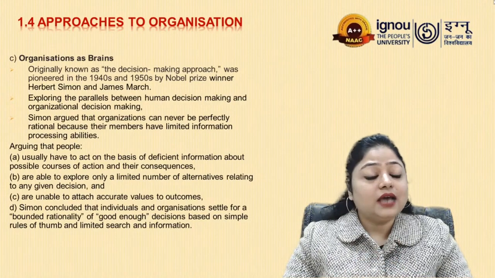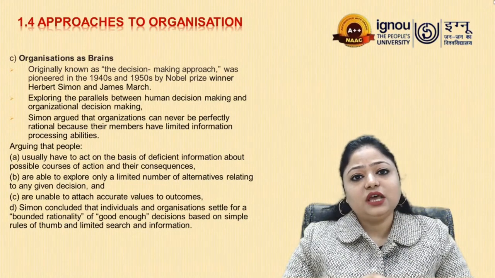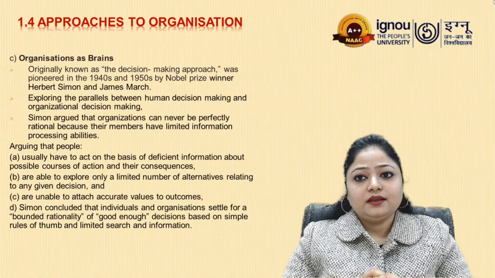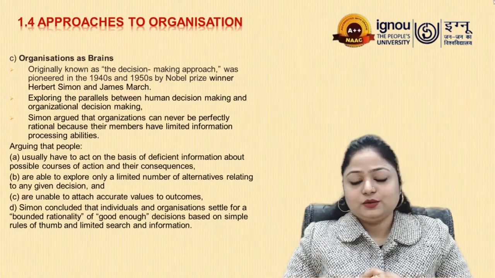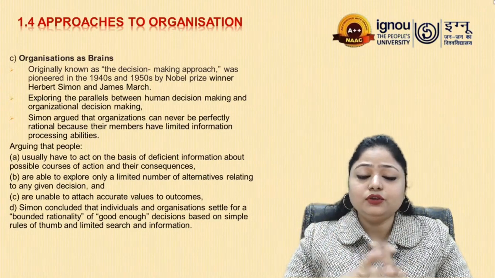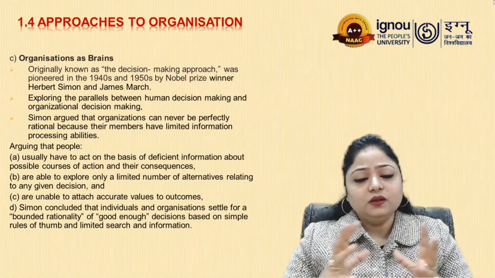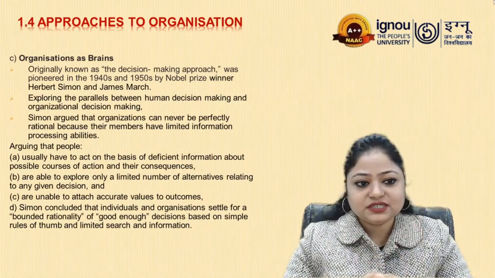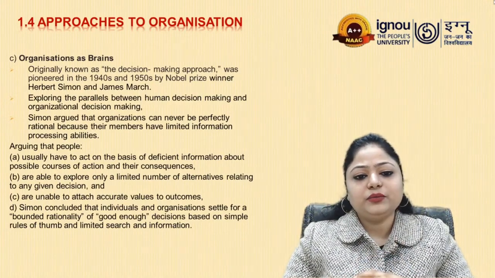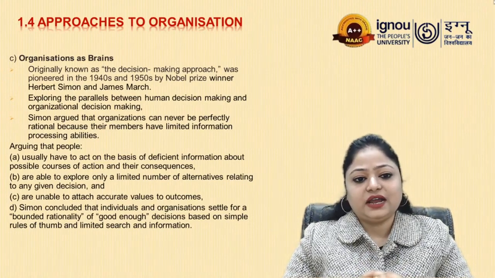So Simon argued that organization can never be perfectly rational because their members have limited information and processing abilities. So, what can go wrong? Nobody knows what uncertainty there is in our organizational environment in the coming future. We cannot foresee it all the time or with 100% precision. So, they usually have to act on the basis of this deficient information about possible courses of action and